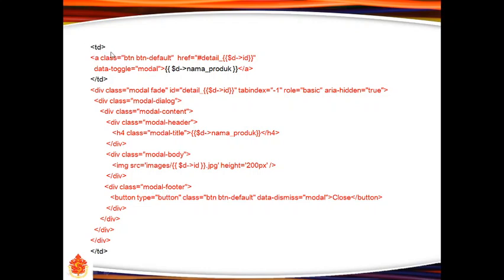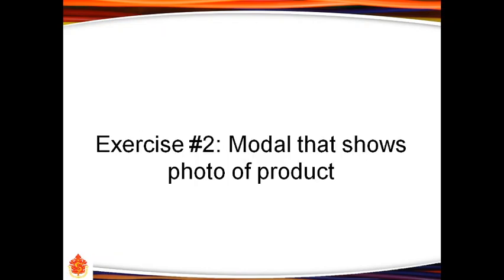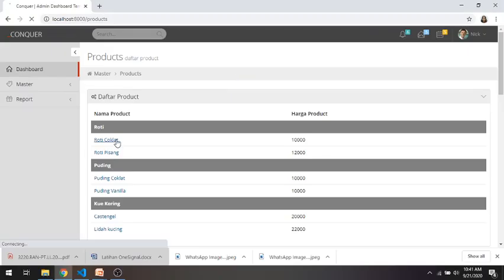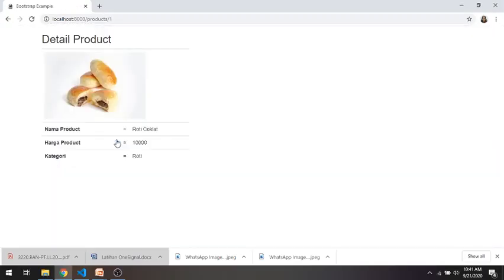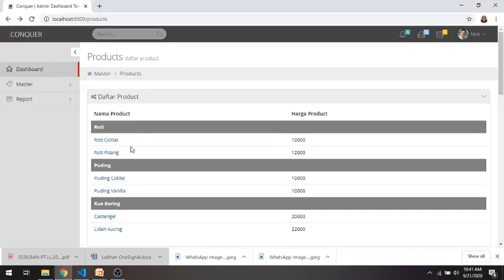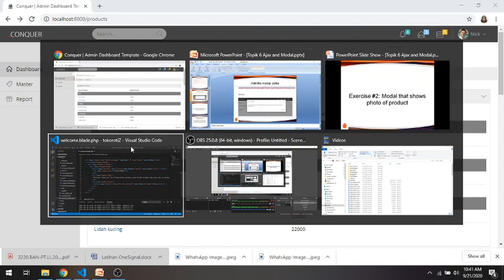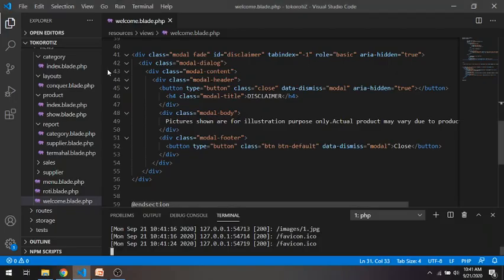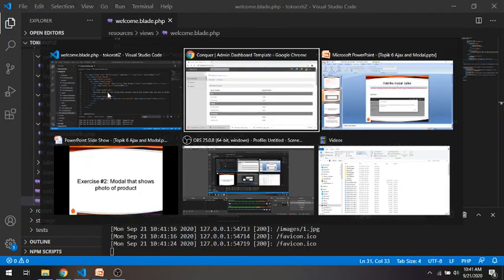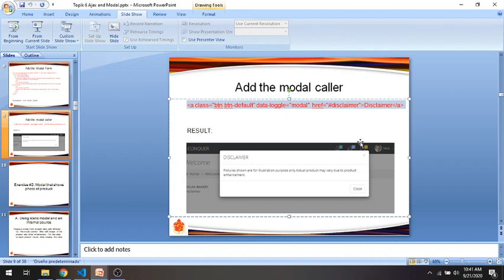This one is already there in the name of product. Oh, sorry, but we already use it for calling the product detail. So maybe we will remove our previous code and replace it with this one.